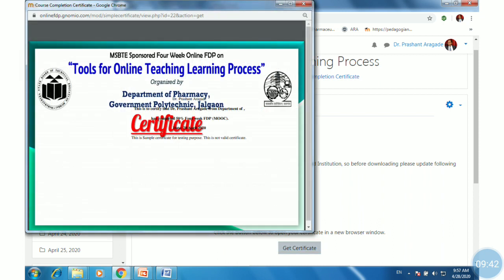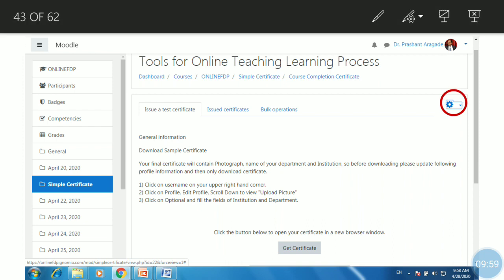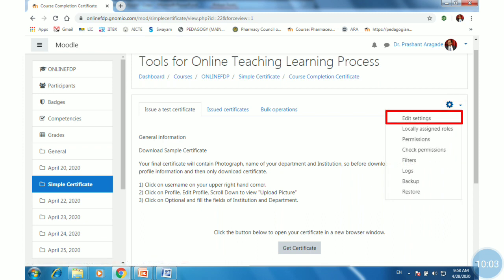Once you click, the certificate will pop up. So here if you see, the certificate text is not aligned properly, it does not have the proper position. So just go back and click on this gear icon, then you will get this pop-up window.